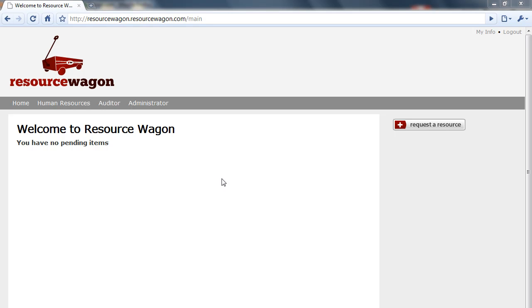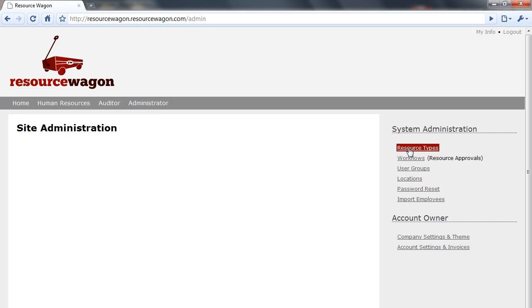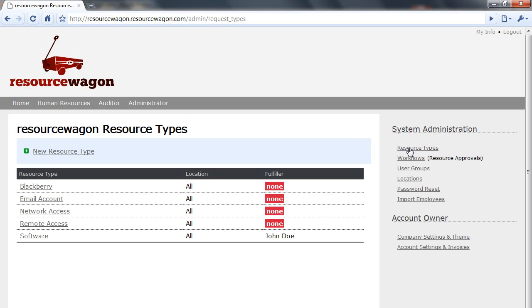In this training, we're going to learn how to add a new resource to Resource Wagon. We'll start by clicking Administrator and going over here and clicking on Resource Types. This will bring us to all the resources we currently have set up, if we have any. You'll see we do have a few, but we want to add a new one, so we'll click on New